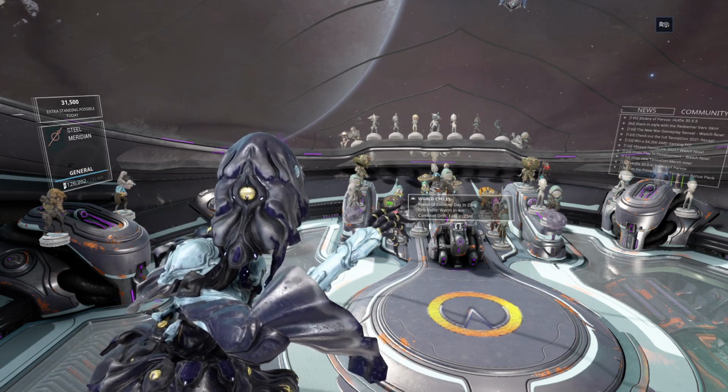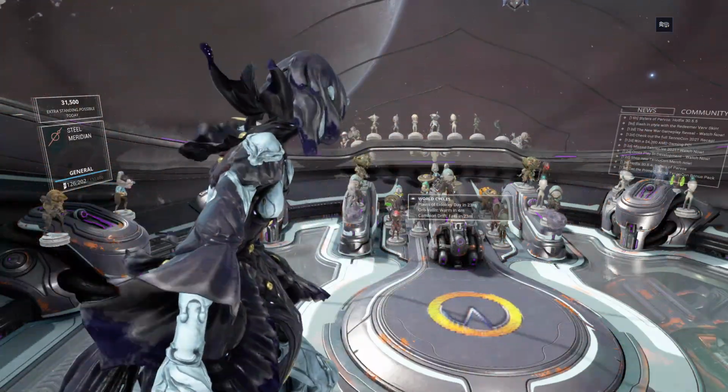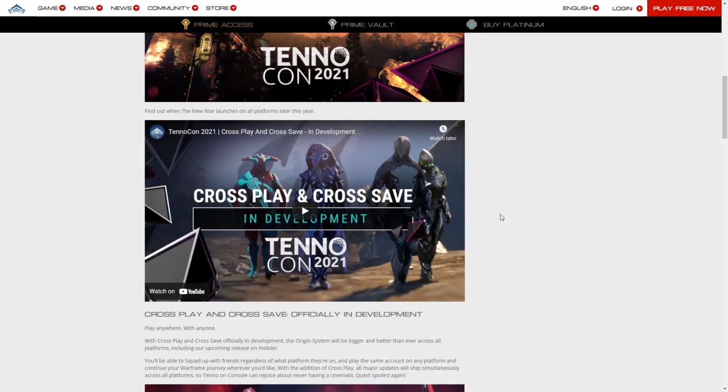But before we get into this, let's just go back to TennoCon, shall we? Because if we actually come here, it says crossplay and cross-save, which means the Opal, Obsidian, PC, yeah, PC has always lacked in this. I don't care what anybody says, but Switch has the Opal, then PlayStation has Obsidian, Xbox has Jade, and PC has Excalibur. Kind of upsetting there, but